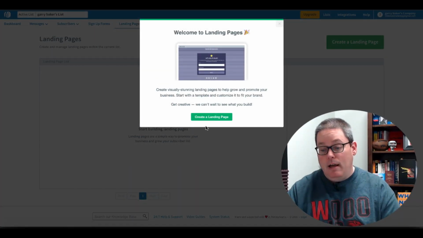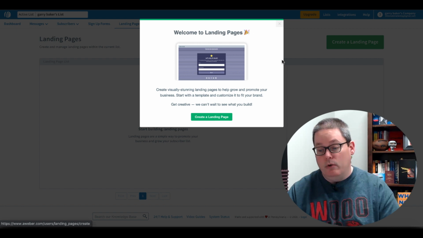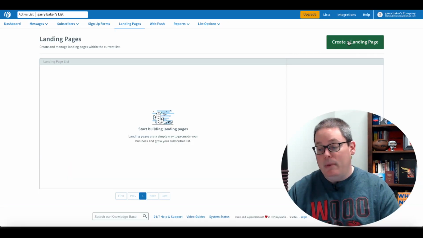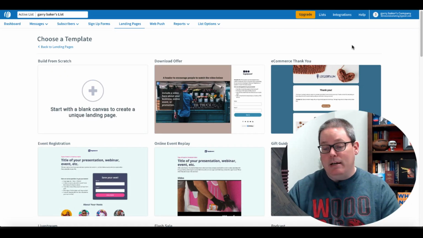So here is what you're interested in, landing pages. You simply come here and click on landing pages, and it's as simple as coming here and walking through this wizard to create a landing page. Of course, you can skip that and click this big green button that says create a landing page, and then